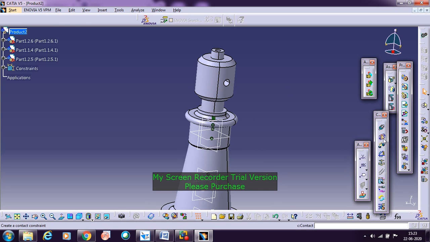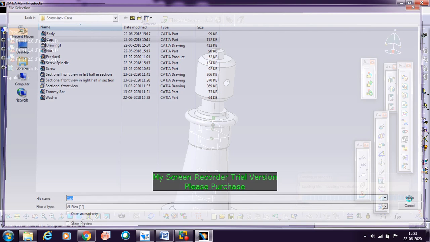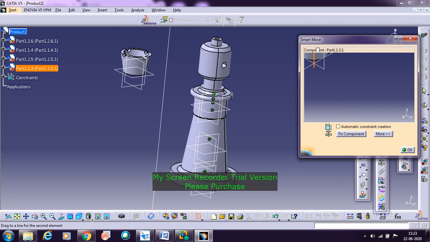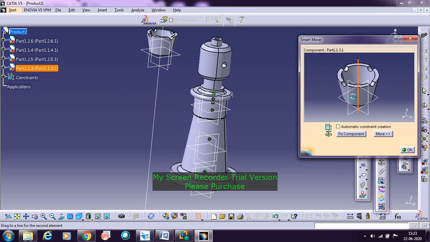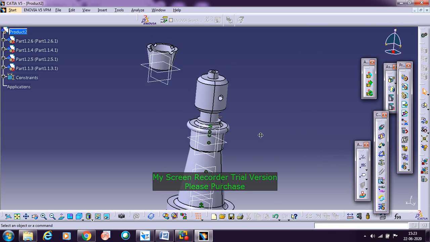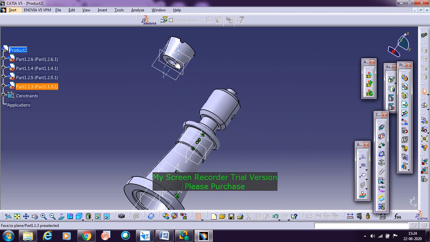Go with the existing component with positioning, click on the product, and go with the cup here. Click open. Now I got the cup, and you need to move it. I told you that you can use any number of iterations in order to place the object. So I moved it here. Here also it is cylindrical, and the hole in the bottom is also cylindrical. Now I can use the coincident constraint here for all the cylindrical parts.